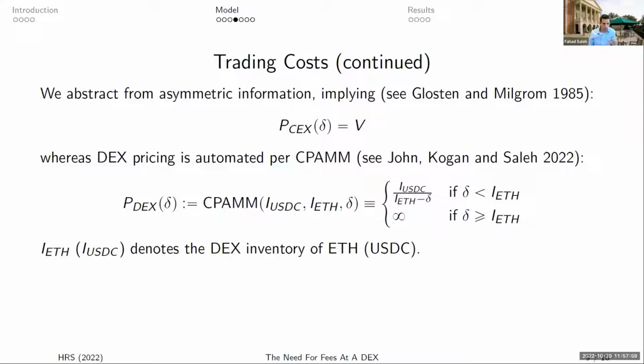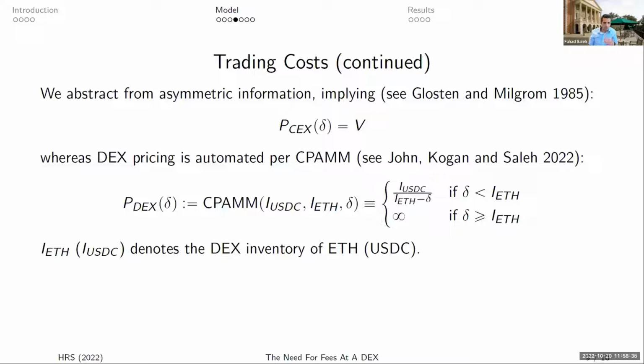Although you can generalize this even to incorporate asymmetric information, this is sort of easier to think about. So the centralized exchange, therefore, is fairly straightforward, and the focus is more on the decentralized exchange. For the decentralized exchange, as I was saying, and as Anthony was mentioning in the prior presentation, they use a mechanical pricing function, and typically they use what's called a constant product automated market making function, where you really do have a mechanical formula for the price,